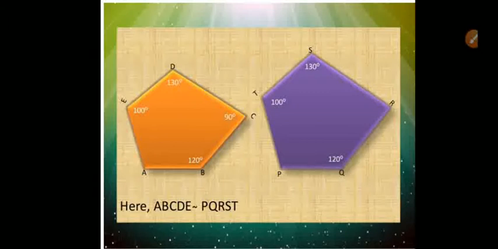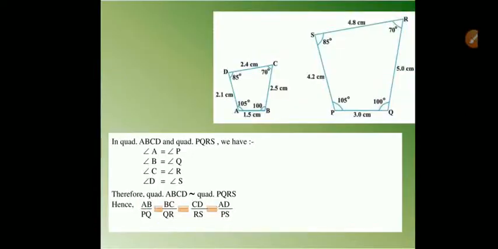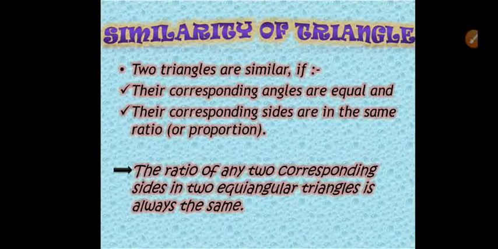Now these are two figures which are equal in shape, but angles and sizes are different, yet these figures are similar figures. Similar figures are those figures which look exactly the same, means their look is the same, but the size is different. At that time you can say that the pair of figures are similar figures. See the quadrilaterals. In these two quadrilaterals, angles are the same and sides are proportional, so you can say that these quadrilaterals are similar figures. And now specially we discuss the similarity of triangles.